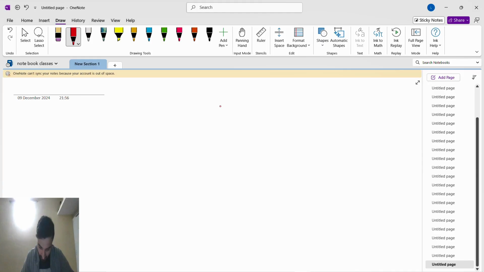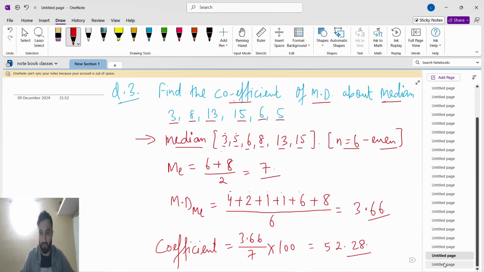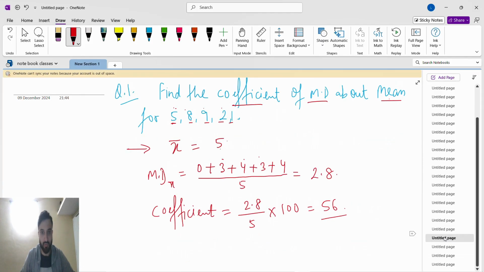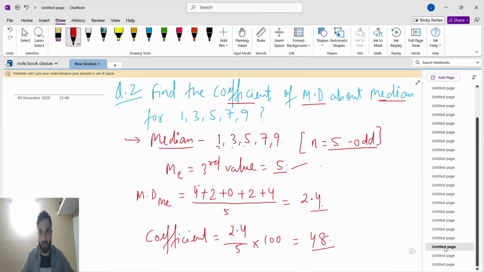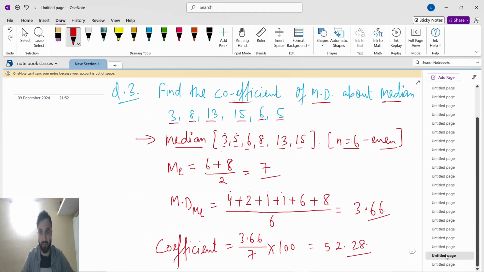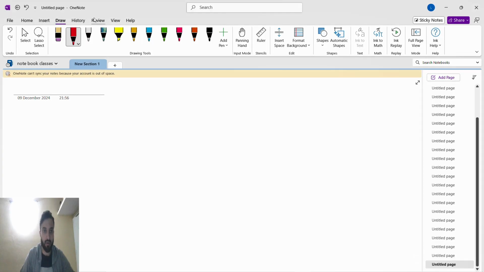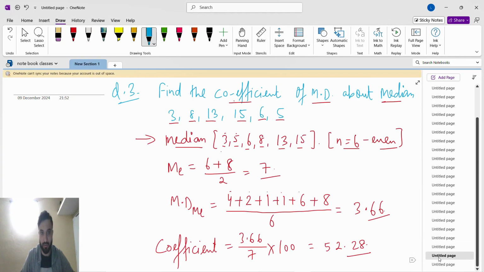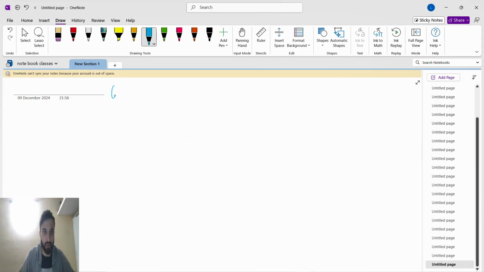Okay, next is find the coefficient of mean deviation about. Next, question number 4. First is coefficient of mean deviation about mean, then coefficient of mean deviation about median. Okay, question number 4, right? Yeah. Question number 4 is